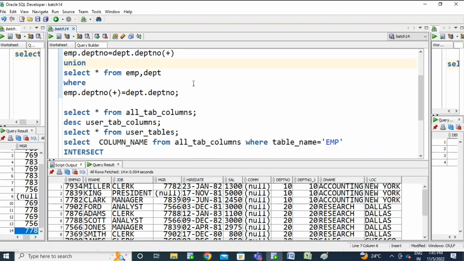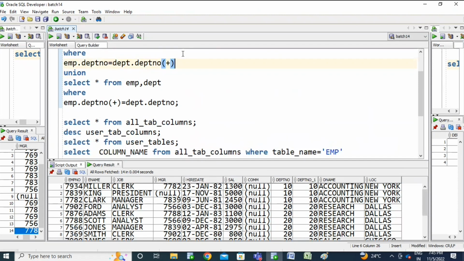See, if we use the left join, you will get all the common records along with the non-matching records, right? You will get non-matching records along with common records from the left side table. If we use right outer join, you will get non-matching records from the right side as well as the left side matching records.